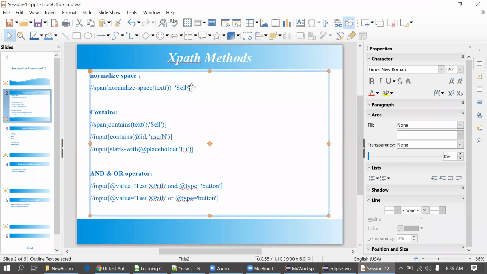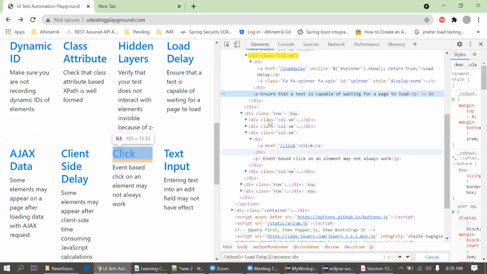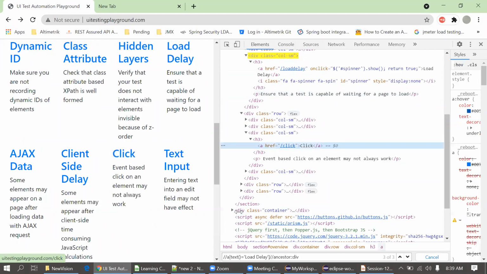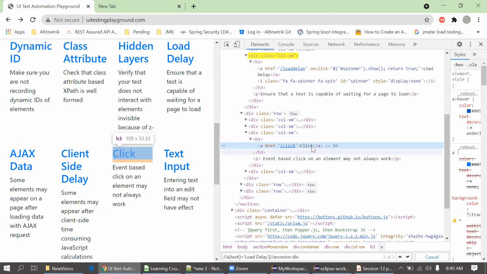And the syntax is this actually. By default, you can use it for all locators. That's not an issue. For example, suppose you want to find the locator here for this click. Okay, fine. So this is a click. So simply what will I do? I will simply write //a, then text click. And before that, I will just put the normalize-space. Only you have to remember the syntax.